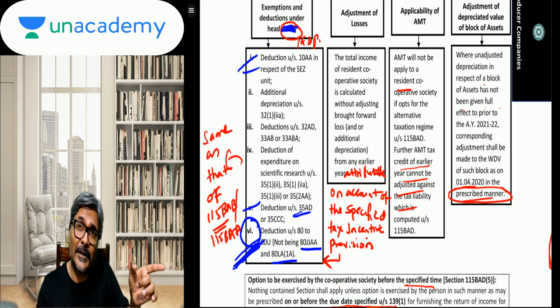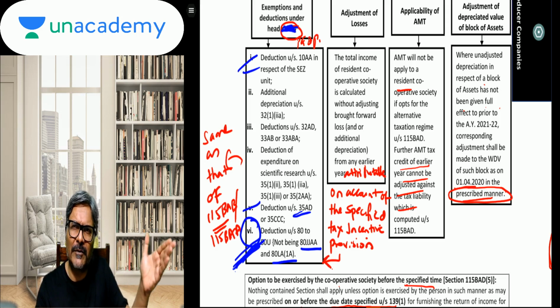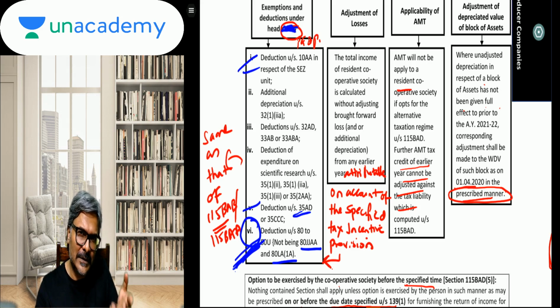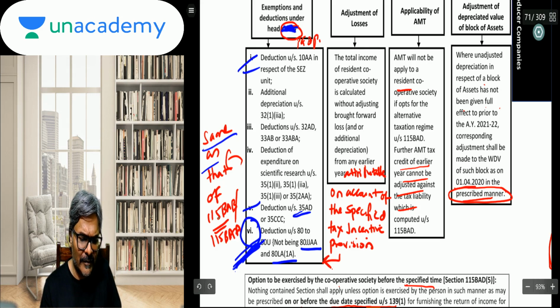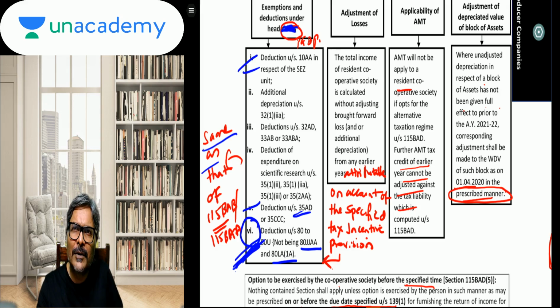Even the resident individual and HUF that we are going to see later in our 4th lecture of this series, there also you will find the same thing. But that is one of the big prizes. I'll give more explanation at that point of time, but just keep in mind this. Rest of it, whatever conclusion that we have done, that's the reason why I have written same as that of 115BAB and BAA. So you don't have to worry much on that.